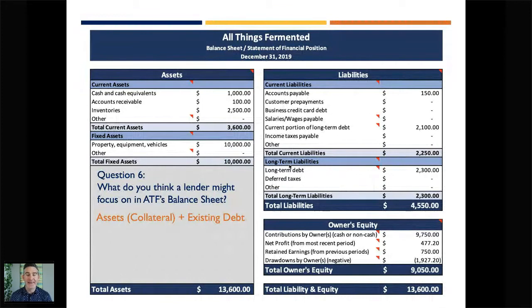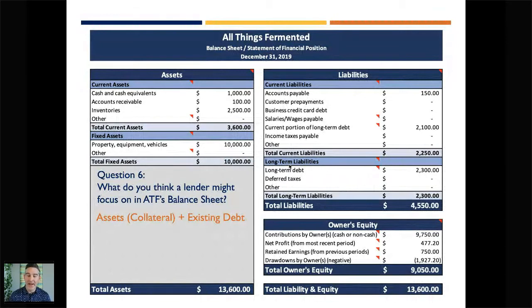And so you might see something that we see a lot, like leasehold improvements. Those are improvements, maybe you don't own your building, but you've made improvements to it. That could go on the balance sheet, but that's not something that you can just give to the lender as collateral.